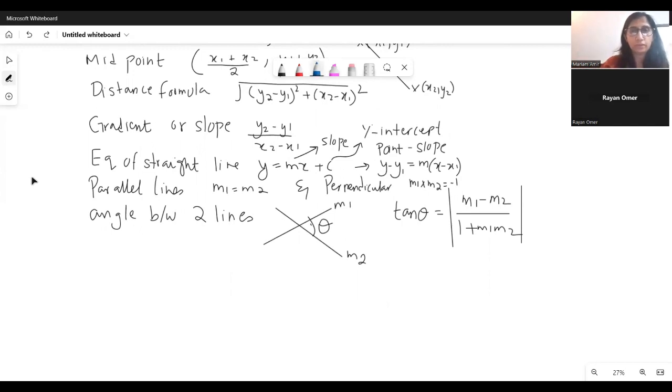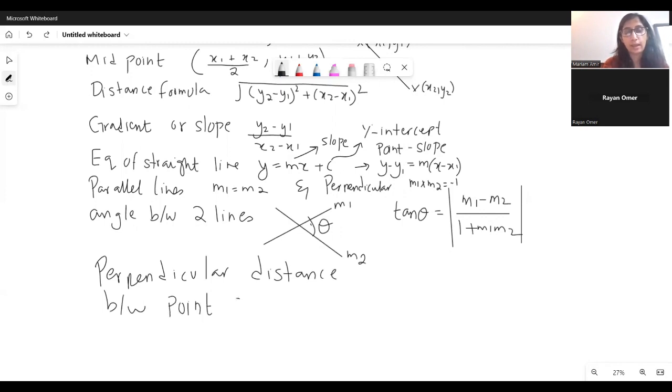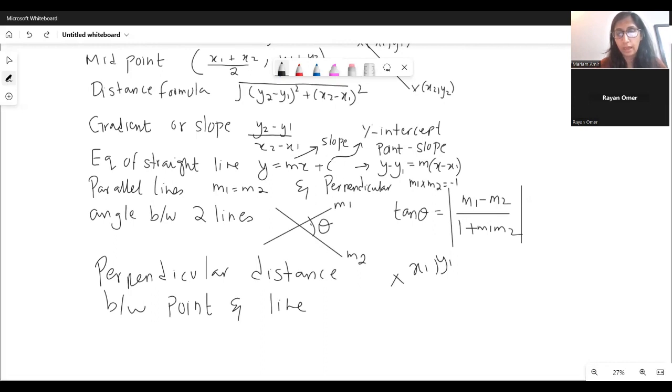The other formula is the perpendicular distance between a point and a line. If you have a point, let's say with coordinates x1 comma y1, and you need to find this perpendicular distance between the point and a known line,